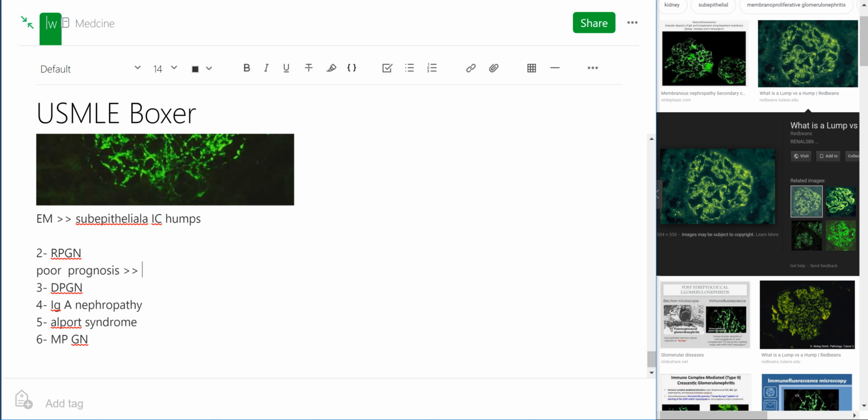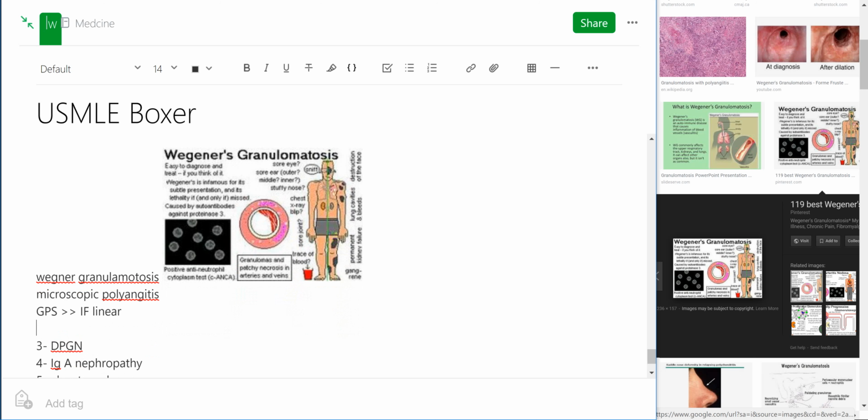And some are associated with the glomerular basement membrane. Goodpasture syndrome, Goodpasture syndrome, GPS, which is a type 2 hypersensitivity reaction. In this case of GPS, the immunofluorescence will show a linear deposit. Okay,